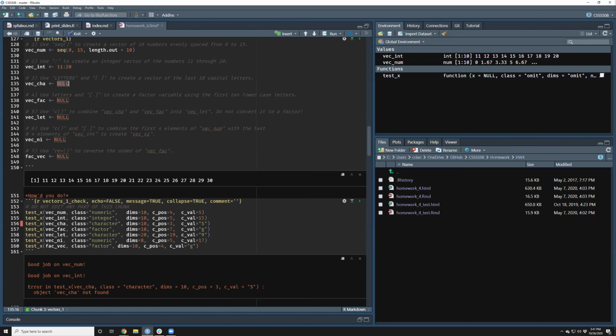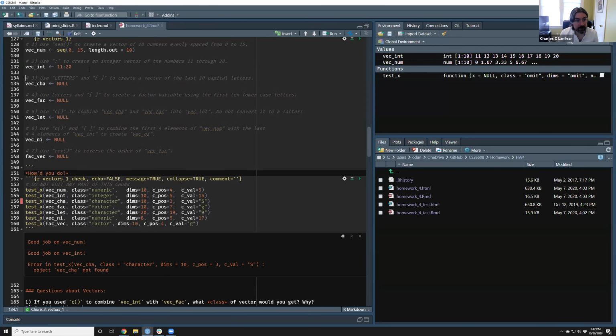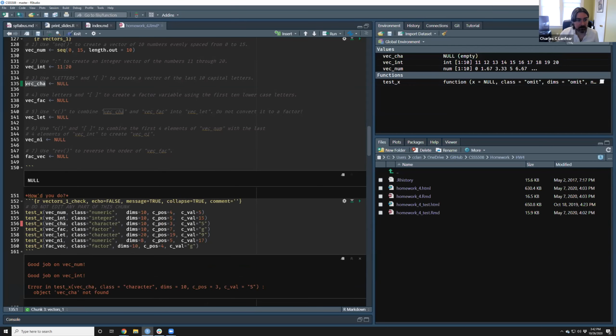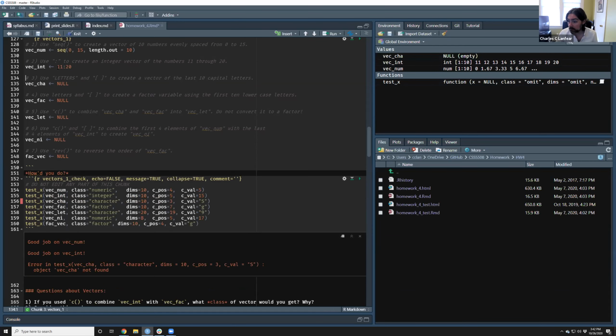So the next one. Sorry, I found the code and I get the none. You get what now? Yeah, the result of the code is none. The result of this should be like vecint like this. If it's still null, you probably haven't run this line yet. Okay. Because it will be null to begin with because of this. This line here generates it initially as a null, but I override it. So if you override it with 1120 and run it, you should be good. Okay, I will try again.